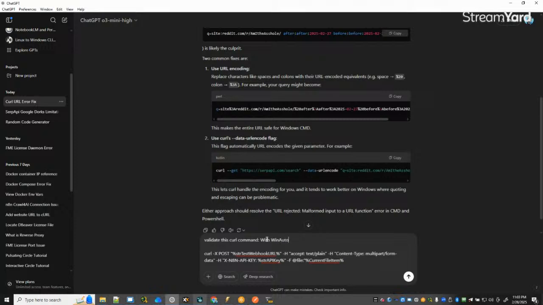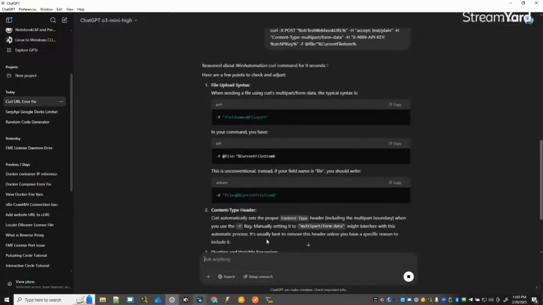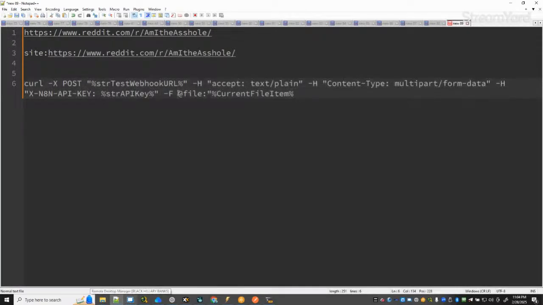With when automation variables. It's probably wrong. That specific at F, yep. Field name. Okay, yep. File equals, yep. This is unconventional. Yep. All right, so it'll be,